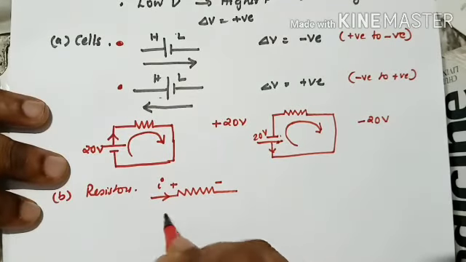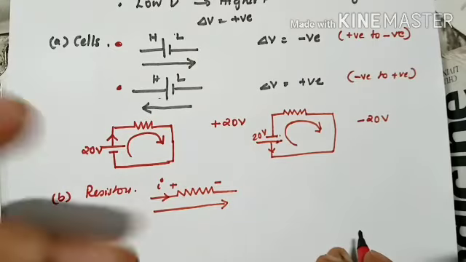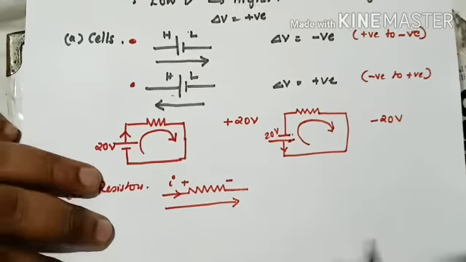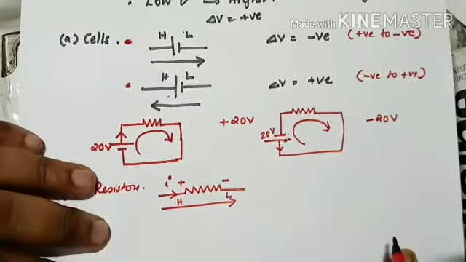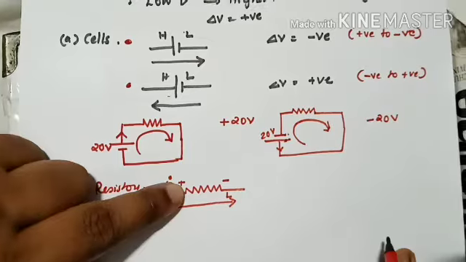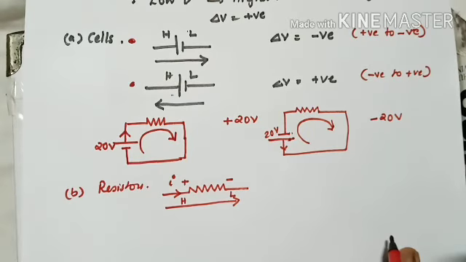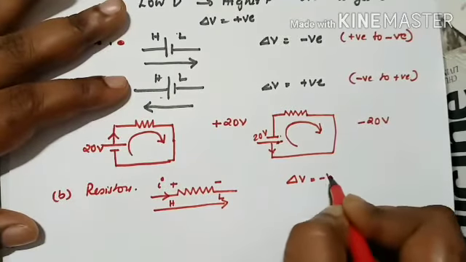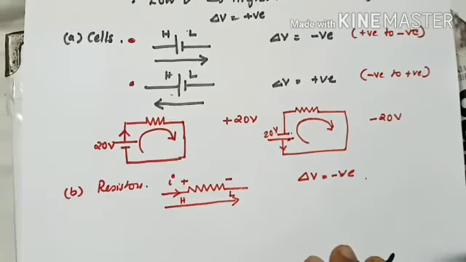Now, suppose I am moving in this direction. That is, I am taking a path inside that circuit in this direction. This much clear? Now, this is positive means this is higher potential. This is negative means this is lower potential. From where to where am I going to move? I am going to move from positive or higher potential to lower potential. Higher to low means for me it is a loss. So, what is the potential difference? It will be negative in nature. Clear? Right? This much clear?